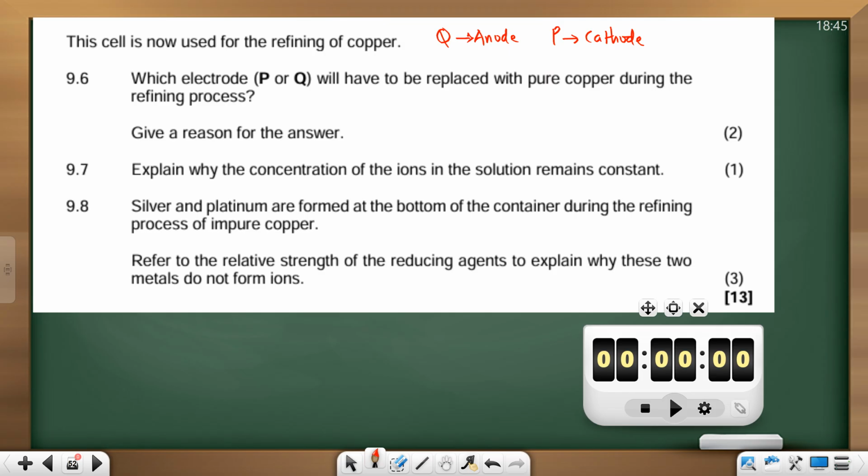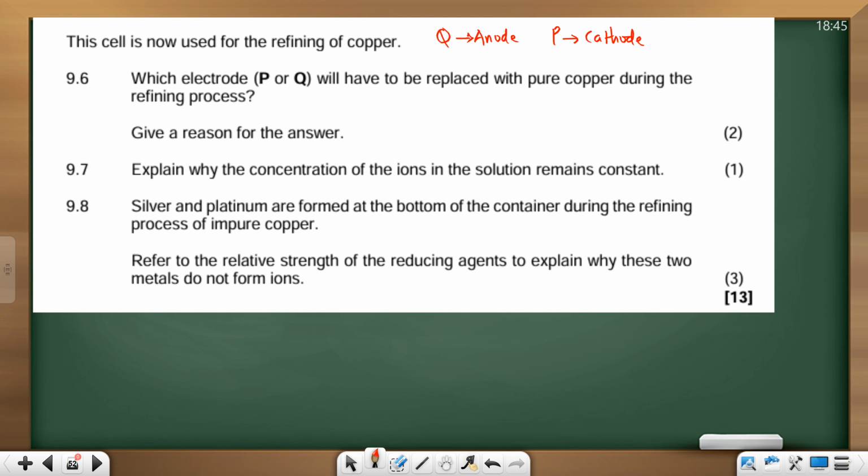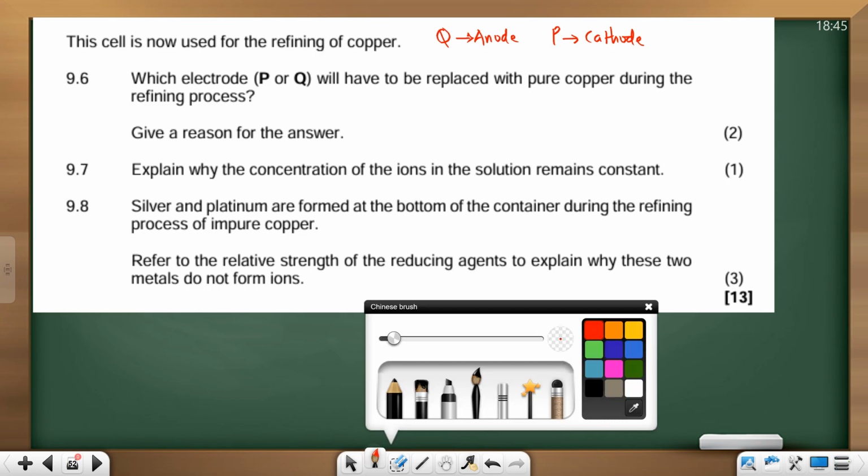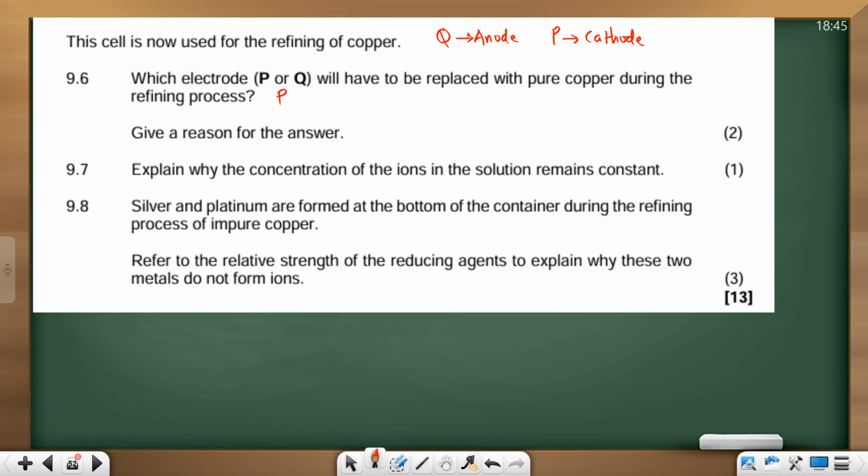So this is about oxidation, not reduction. Okay, guys, let's check. You see, the cell is now used to refine copper. Remember, the pure one goes to the cathode. Which electrode, P or Q, will have to be replaced with copper? P. The answer is what? P. Give a reason for your answer. Reduction